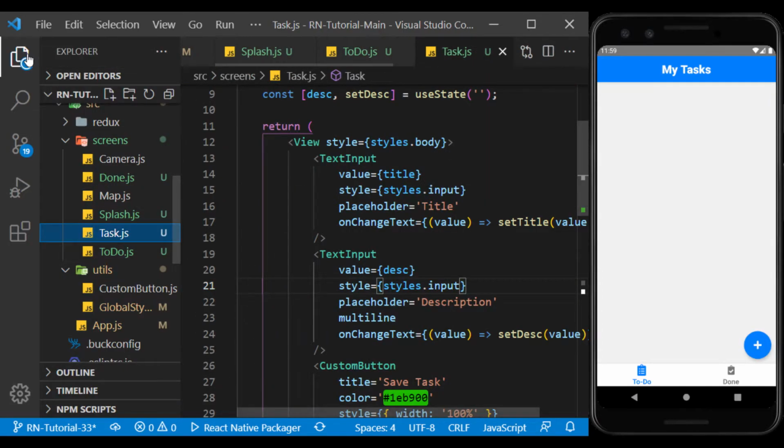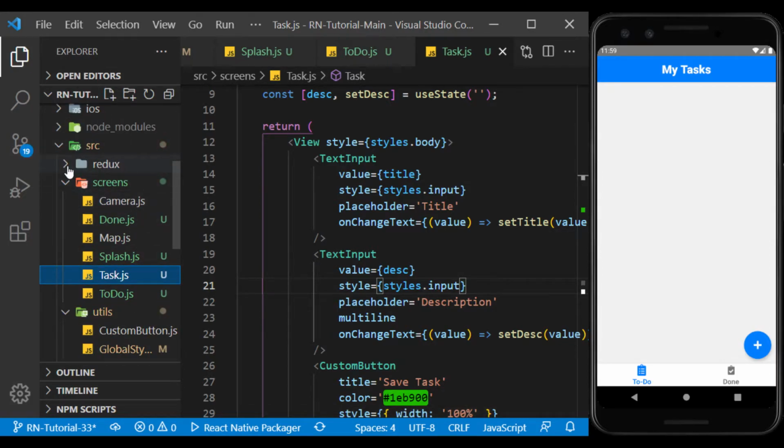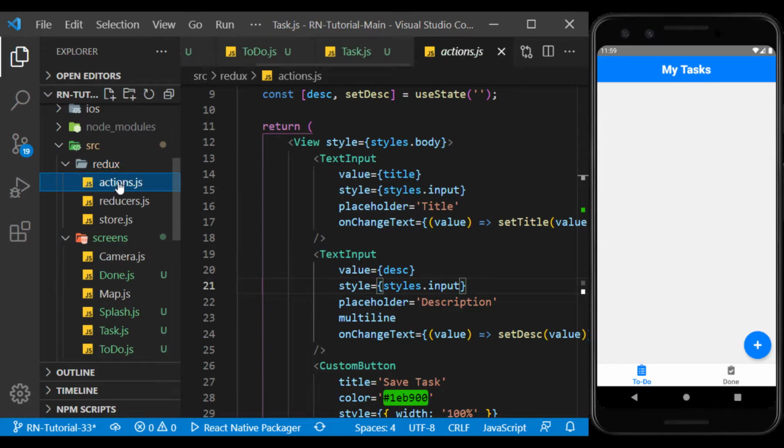Now, in order to be able to use the state tasks throughout the app, we go to the Redux folder and make changes to it.